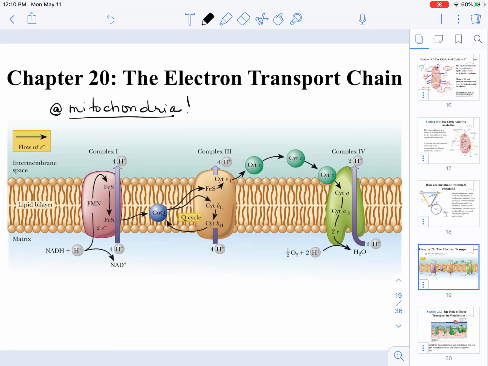Okay, so remember, we already talked about the different components of the mitochondria itself. This lipid bilayer that we have is the inner membrane of the mitochondria. The intermembrane space is the space present between the inner membrane and the outer membrane of the mitochondria. The matrix is the space inside the inner membrane